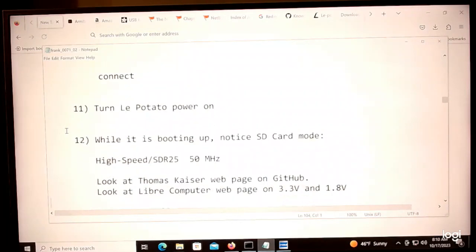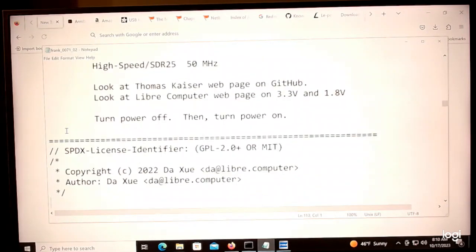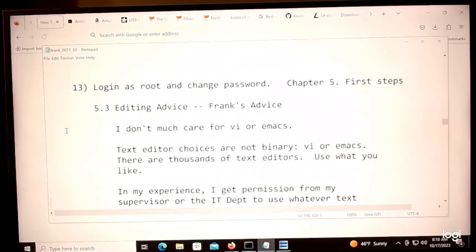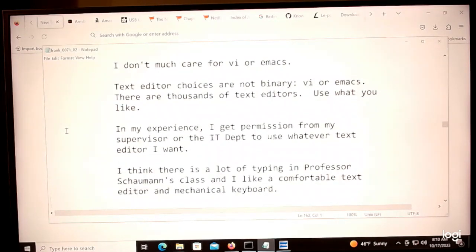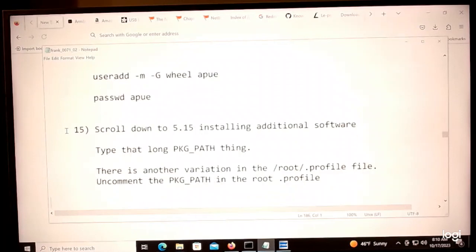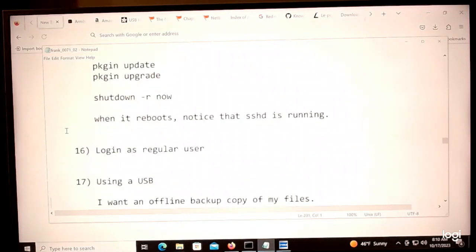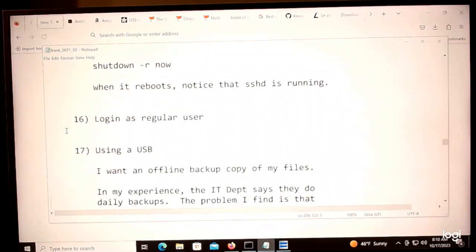We've got our potato running. We've got our root. We got our packages. Okay, now let's set up the